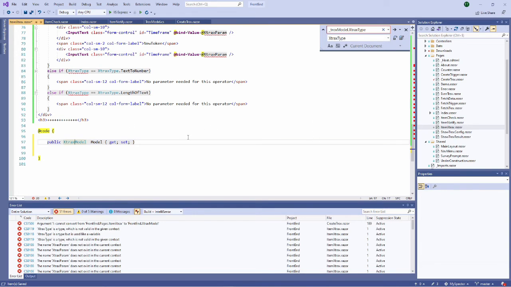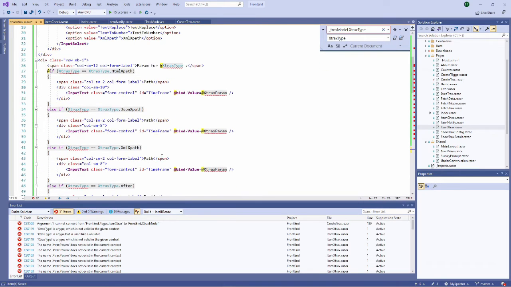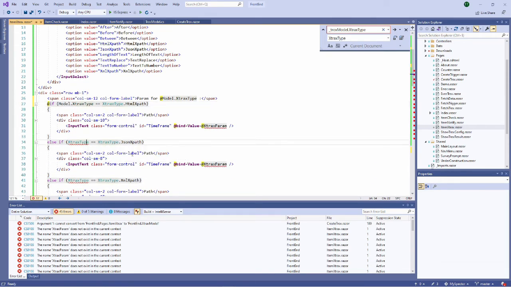And so now I have some errors because the property I moved is not available directly anymore. It is using like an adapter. So I am going to prefix all my references with model dot, like this. Okay. So I will use it there. So let's do extract type, like this.